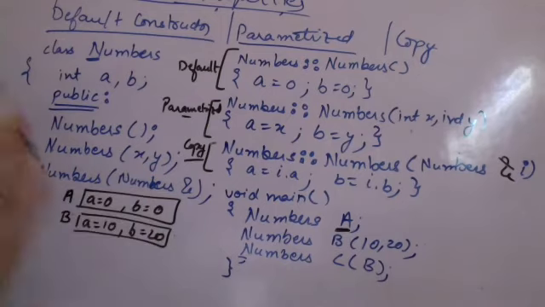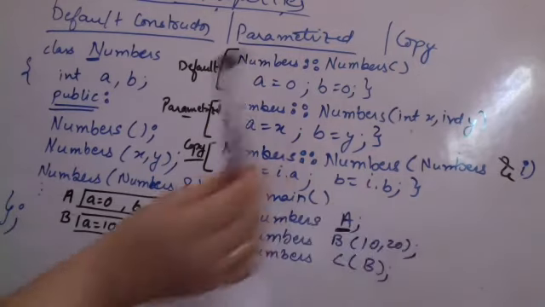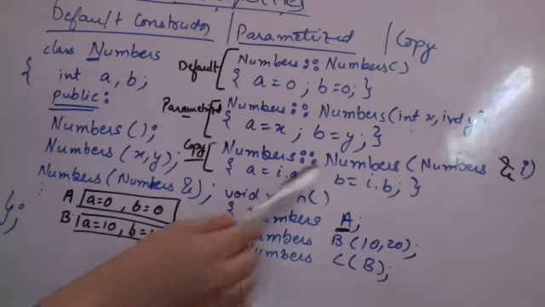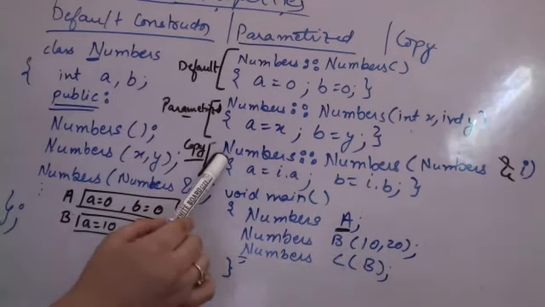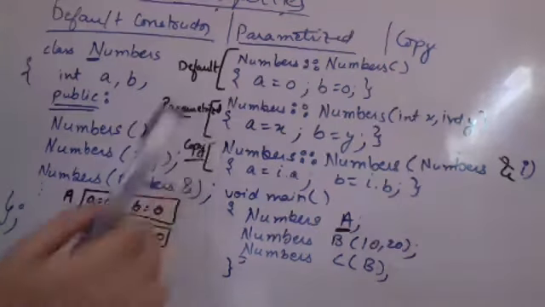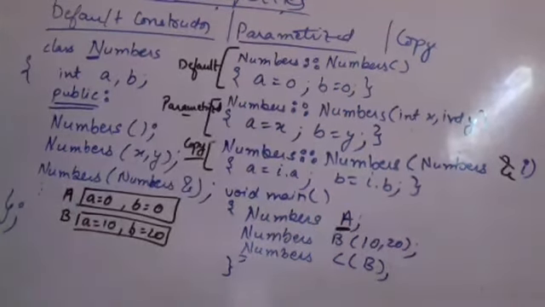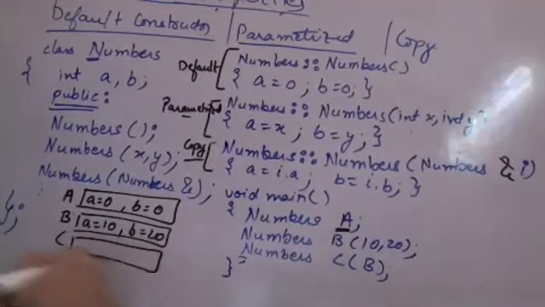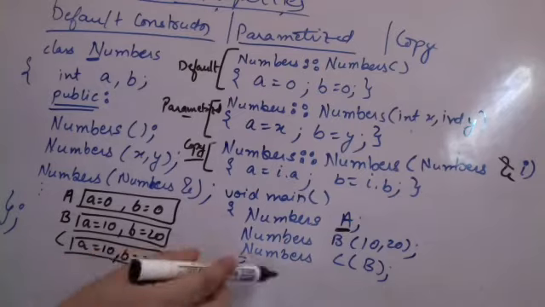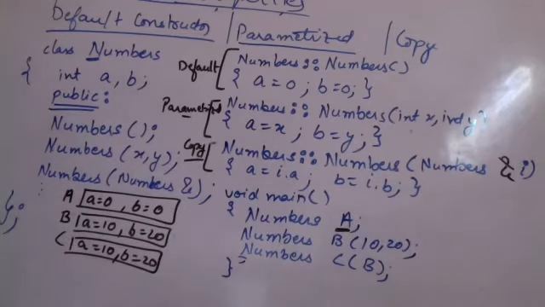So the reference to the object B is created in A, and A is equal to I dot A and B is equal to I dot B. You are doing nothing but copying the contents of B into C. That is why this is known as the copy constructor. That is why we call this the copy constructor. So when we are creating C, it gets the same values as they are in B by using the copy constructor, which is being called.